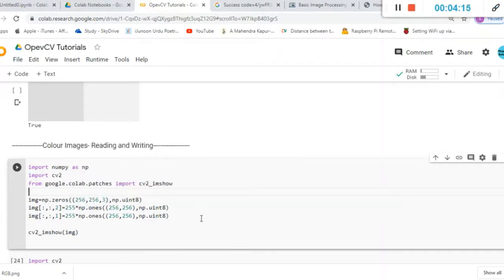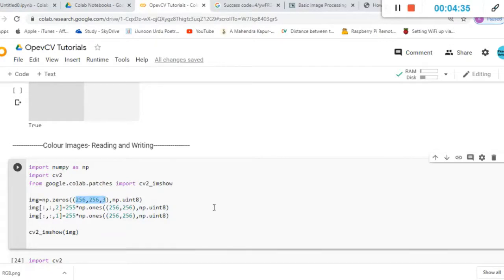In the last tutorial we have seen that I used np.zeros to create a 2 by 2 matrix, and I want to fill each element with zeros. Now I want to fill each element with zeros, but now my matrix is a 3D matrix. As you can see here, the dimension that it is showing is 256 comma 256 comma 3. That is, I want three layers one above another which are of the size 256 cross 256. So it is going to be a 3D matrix.